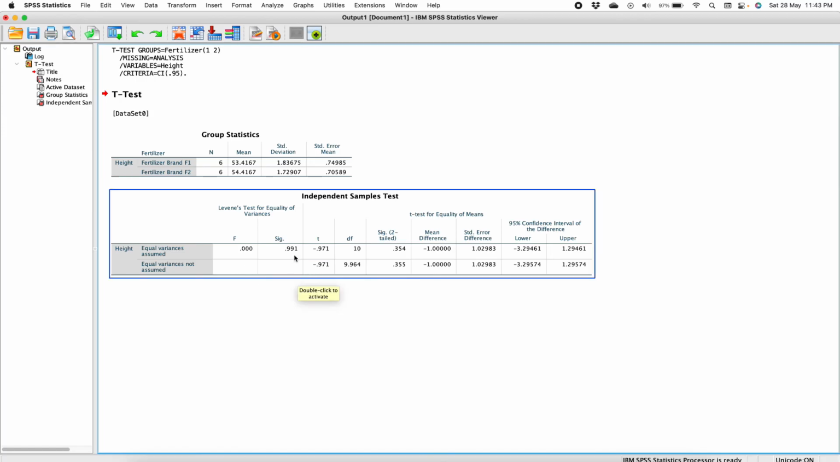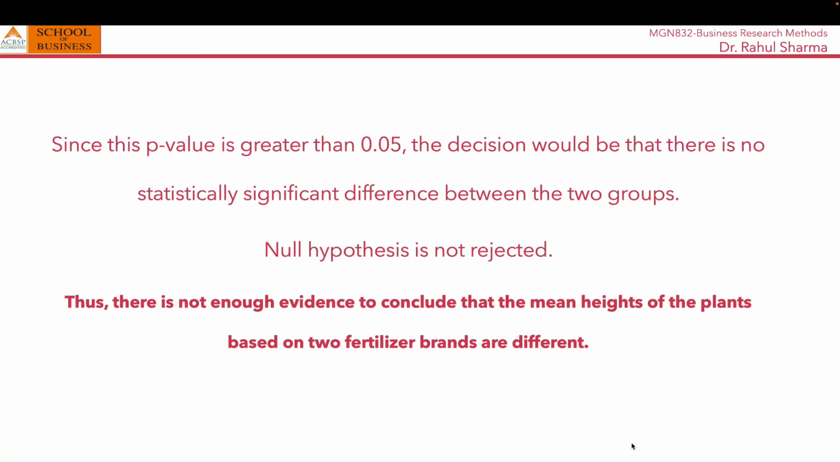As in our case, this value is more than 0.05, so I would be checking this particular value of significance two-tailed, that is 0.354. So this is the value of the probability or the p-value of the independent sample t-test for this particular example. Since this p-value is greater than 0.05, the decision would be that there is no statistically significant difference between